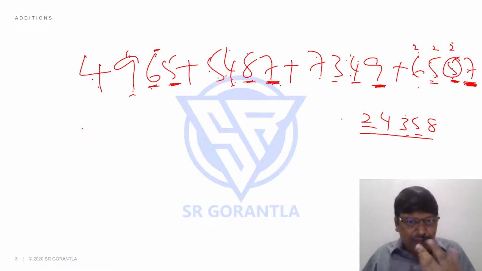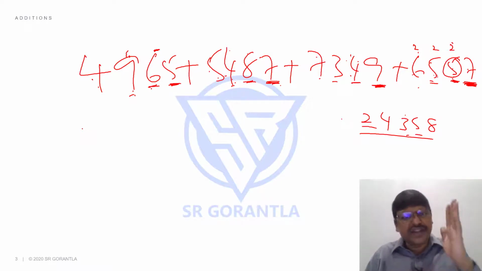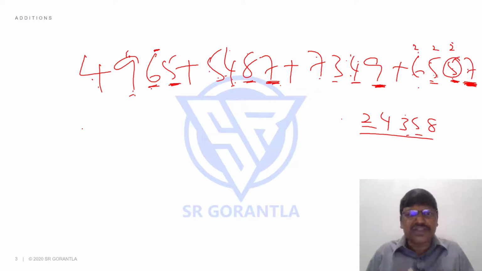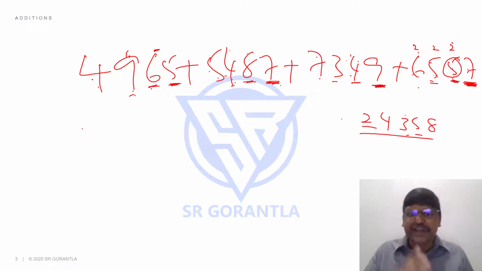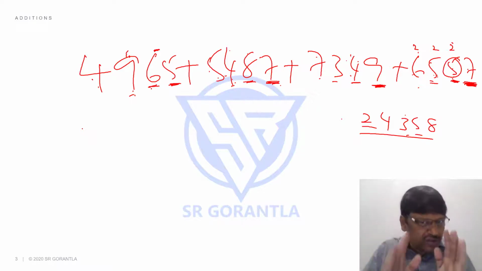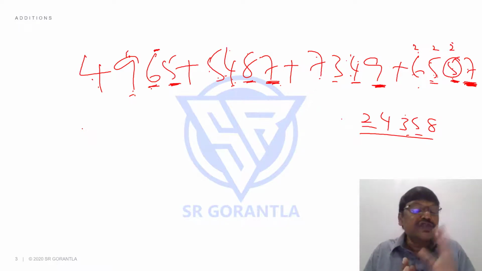The second point, students, is that once you practice single digit addition for the first few days, let me tell you what I suggest: write some 10 questions, mark yourself some time. Suppose today you have taken some x seconds for this, for 10 questions the time should be 10x, but you should take half the time. Suppose you have taken, say, 1 minute to solve this problem, I'm just giving an example. So for 10 questions of this type, you should have taken 10 minutes.